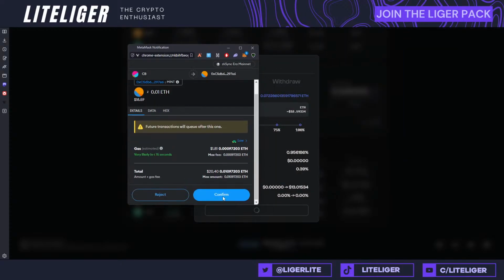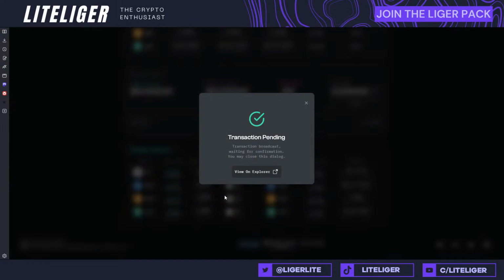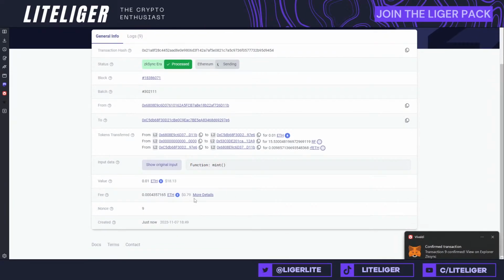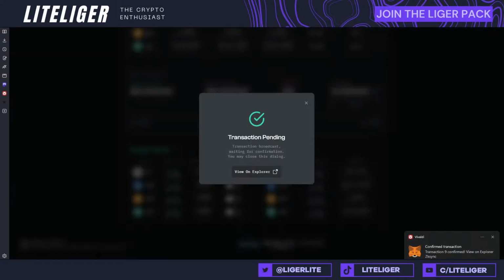But you've got to always be careful with these. I never want to put a lot of money into these, because you never know what's going to happen in terms of hacks and stuff like that. There are a lot of lending protocols which have been drained, and there have been problems with them. So be a bit careful about putting large amounts of money into that. And this was costing 79 cents in transaction fees. That's actually kind of high.